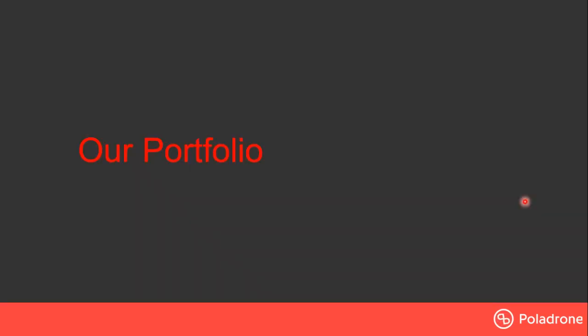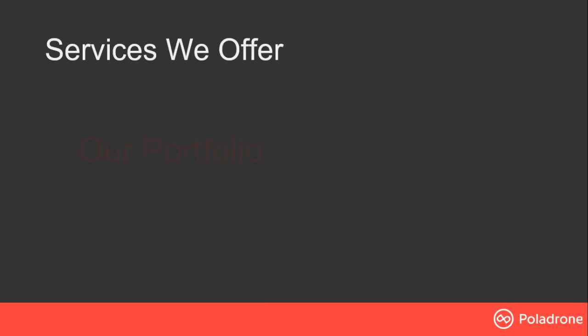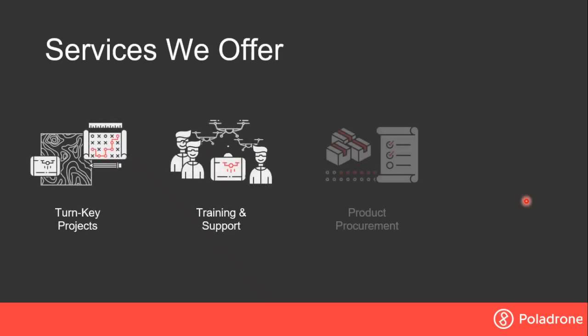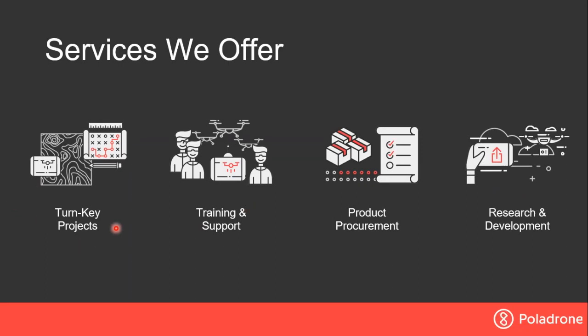Sure. Before I end, I would like to talk about our portfolio, which is the services that we provide. We provide 4 types of services. Number one is the turnkey project. Basically, we help our clients do any project from A to Z, with end-to-end solutions. And we also have training and support, like I mentioned just now. We have a sister company called Drone Academy Asia, where if your company is interested in setting up its very own drone department, you can send your pilots or employees here.